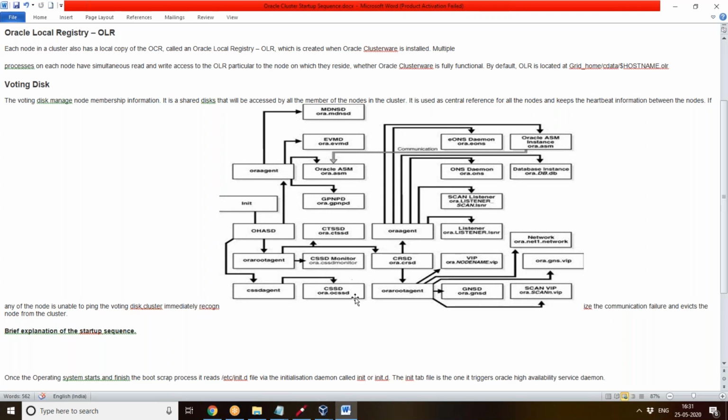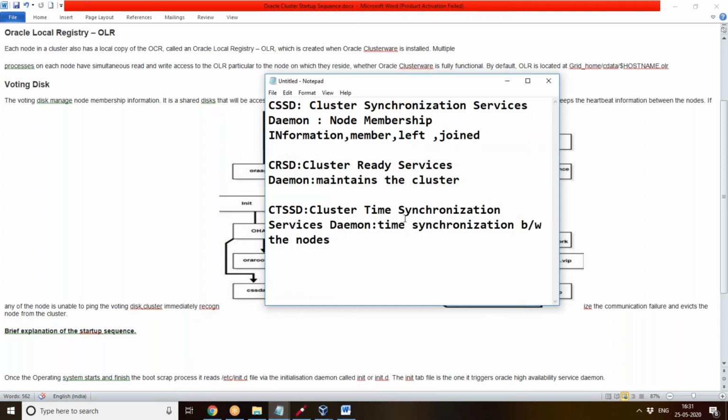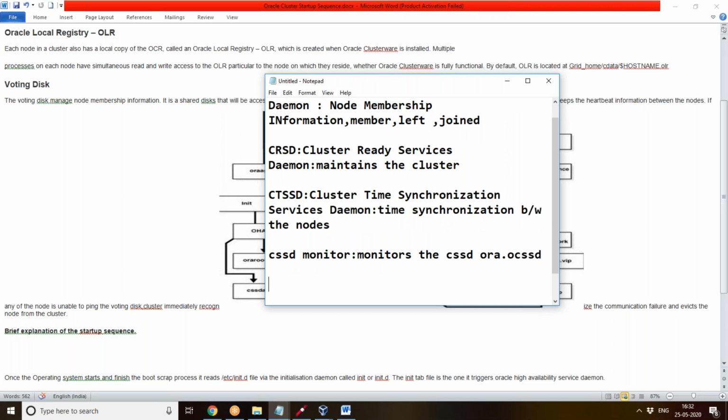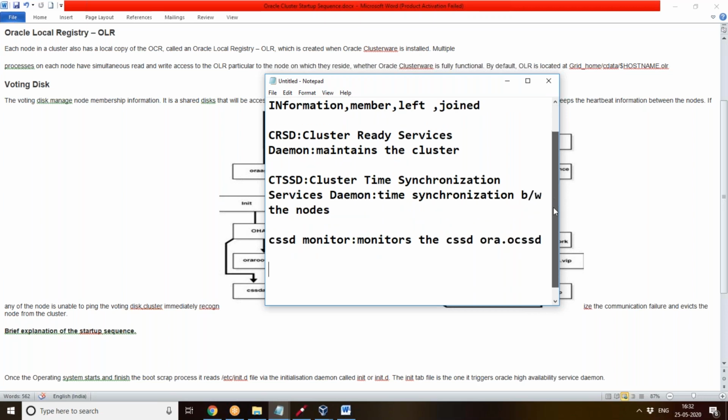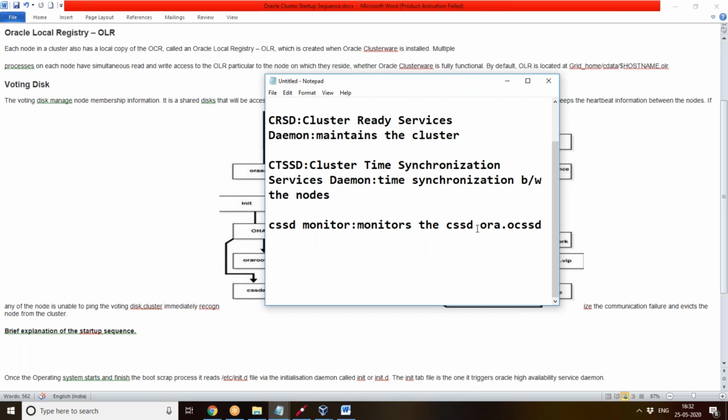The CSSD monitor monitors the whole CSSD process, that is ora.cssd. At first it will be somewhat confusing, but go through it two to three times and you will get used to it.